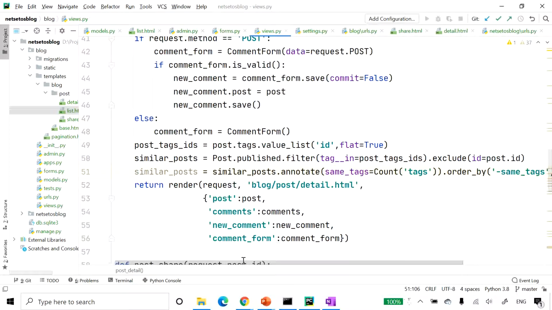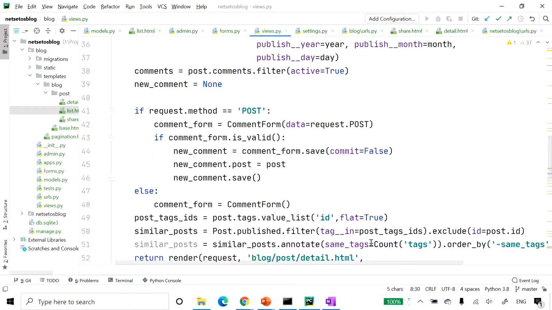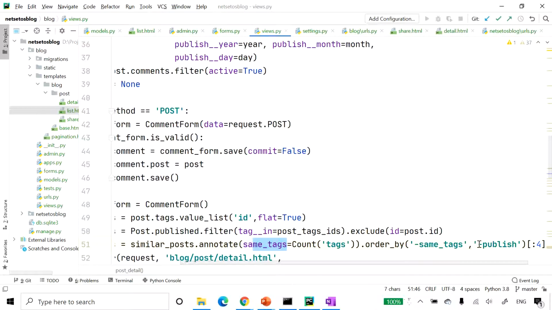So if I see here, we took the count aggregation to generate a calculated field, same_tags, that contains the number of tags shared with all the tags queried. Now if we order the result by number of shared tags, that can be descending order. So by publish, it will display the recent post first for the posts with the same number of shared tags. Here we slice the result to retrieve only the first 4 posts.